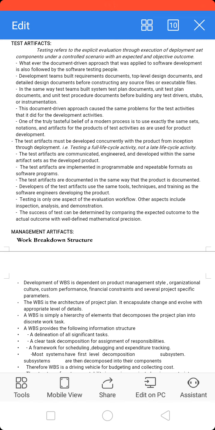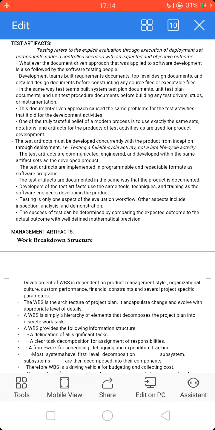Testing is only one aspect of the assessment workflow. Other aspects include inspection, analysis, and demonstration. So here we are going to use testing only within this assessment workflow.